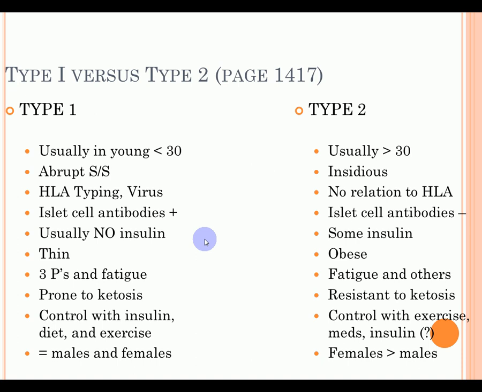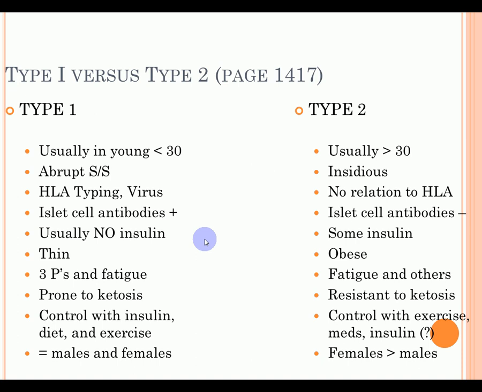They will have some insulin on board. That's why we can take PO pills to help control it. They're usually obese. They may have fatigue and other symptoms, but not necessarily the 3 Ps. They are resistant to ketosis, and we'll talk about that here in just a little bit. Part of that reason is because they do have some insulin. They had no insulin with type 1, but now they have some insulin with type 2, so that prevents the